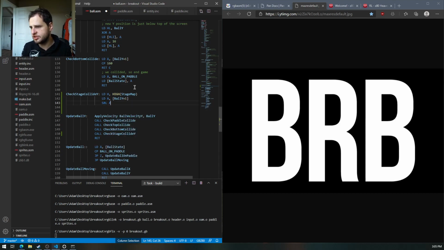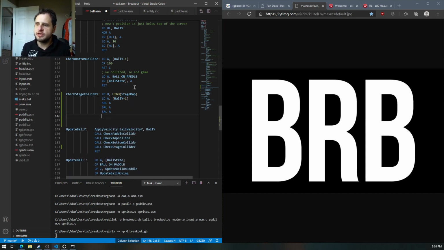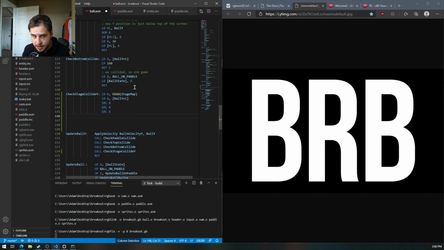Shift right logical 3 times. In the same way that shifting left multiplies it by 2, shifting right divides by 2. So that's divide by 2, divide by 4, divide by 8. So now we've got which row the